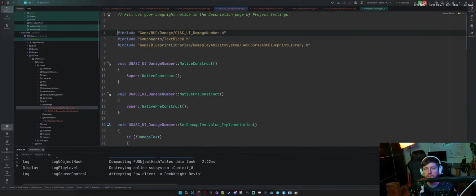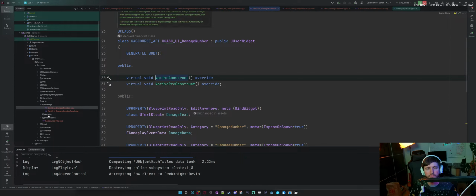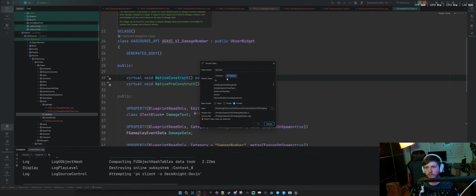First we gotta look at it here. So it's gonna be user widget, right? So add Unreal class, all classes, user widget. And we'll call this GASC UI_healing. Just the private.